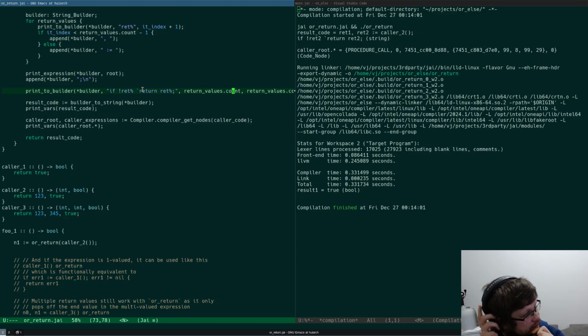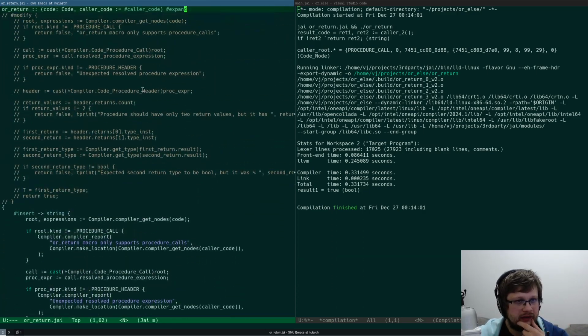This is interesting, right? So this macro, you know, it might return something, it might not return something. So can we even do that somehow?